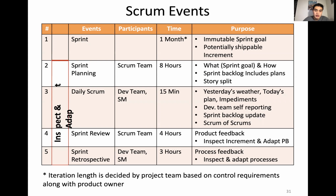Number 3 is what you call your daily Scrum. So this is kind of like just a check-in meeting daily, 10 to 15 minutes, just with the dev team self-reporting, making sure that the backlog is being updated, checking if there's any impediments within developers or anyone within the team. A sprint review is just a time to look at the product and really